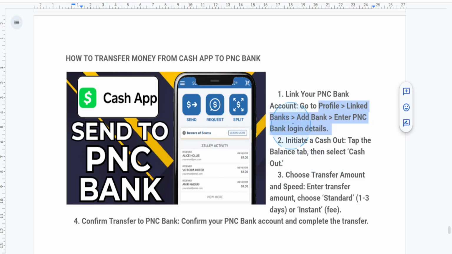So now, once your PNC bank account is actually linked, you want to go back to the home screen and tap on the balance tab, represented by the dollar amount at the bottom. Just select cash out to start transferring your funds. Now, what you want to do is basically just enter the amount you want to transfer to your PNC